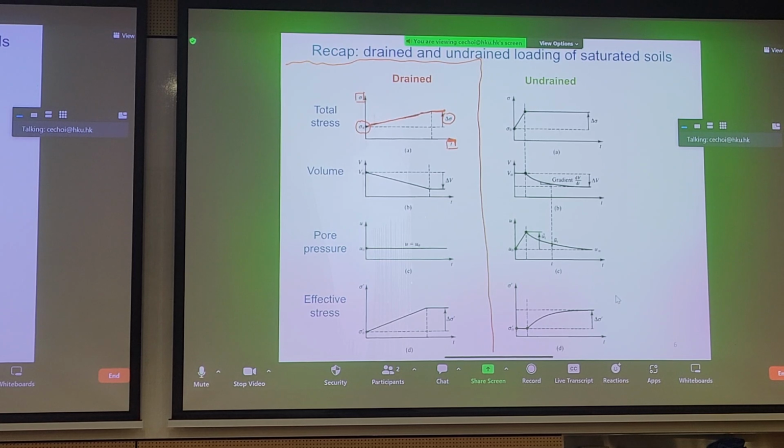Now, for a drained condition, remember the chip bag, we're allowed volume change, right? Because we don't generate any excess pore pressure because the rate of loading is so slow that everything can dissipate. Now, what happens volumetrically? Well, at initial stress, sigma naught, we have an equivalent V subscript naught, and as we increase and ramp up the stress applied, our soil compresses. And when the soil compresses, soil grains rearrange, and we get compression, volume reduction in the bulk